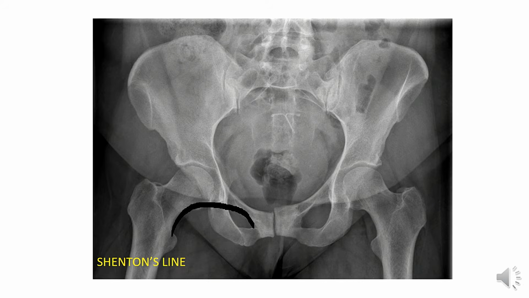a continuous curved line formed by the upper border of the obturator foramen and the lower border of the neck of the femur. So this is called Shenton's line. If it is continuous in position, then the head of the femur is aligned very well with the acetabulum. If the line is disrupted, that indicates either dislocation of the hip joint or a fracture of the